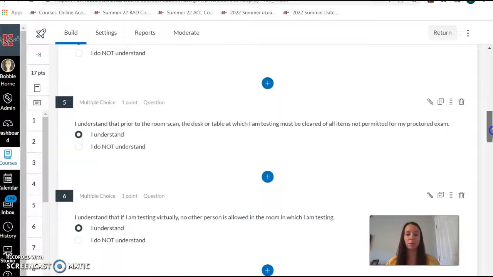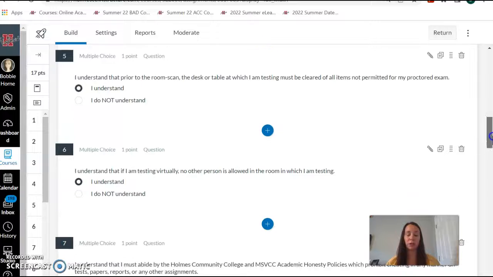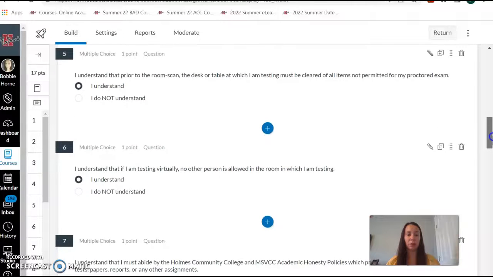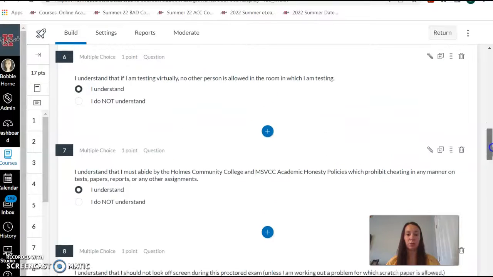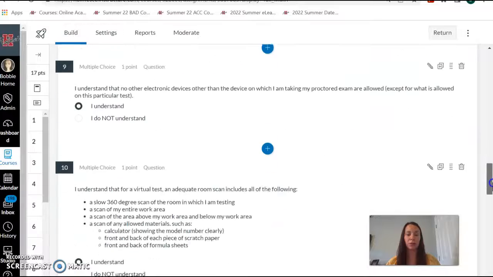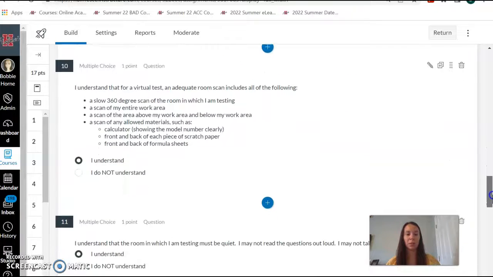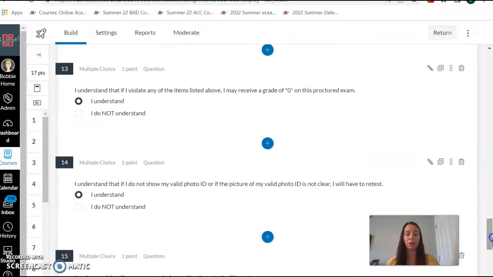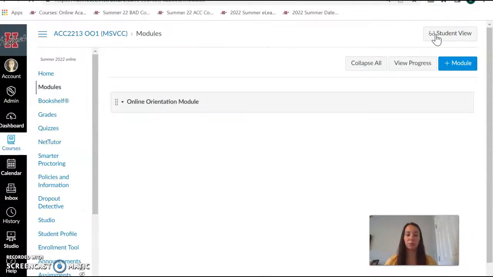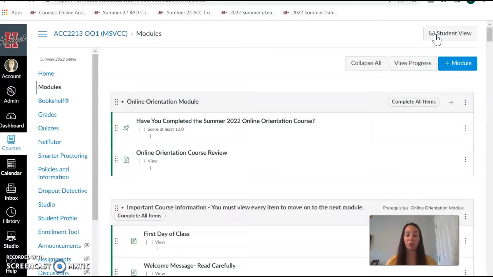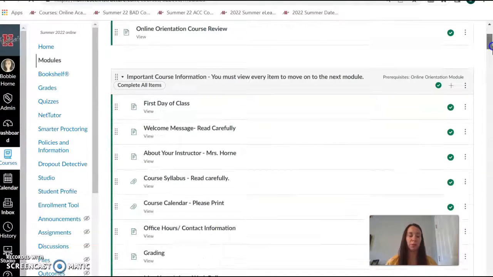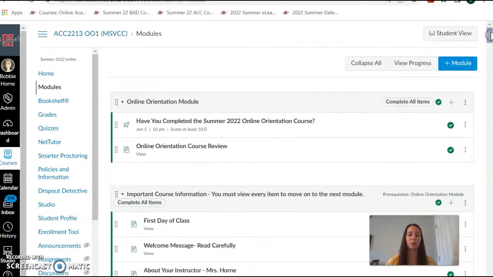The room scan is very important, and everything must be cleared away. No one can be in the room. And there's even more down here. Make sure you read these and follow these, because like I said, we are watching the videos, and we want to make sure that every student is tested correctly without any resources in the room with them, just to protect the integrity of the test.